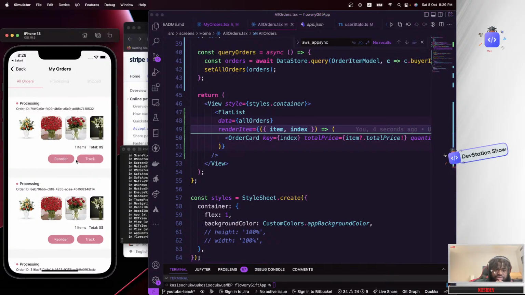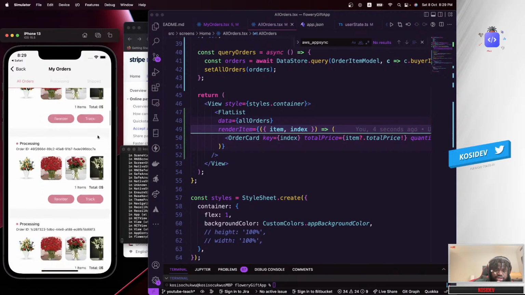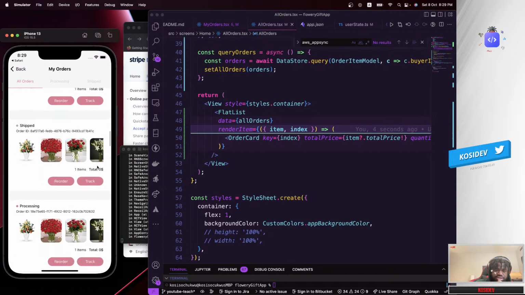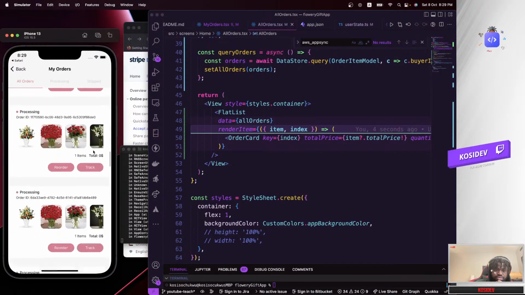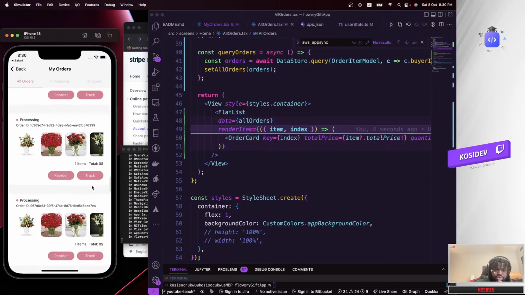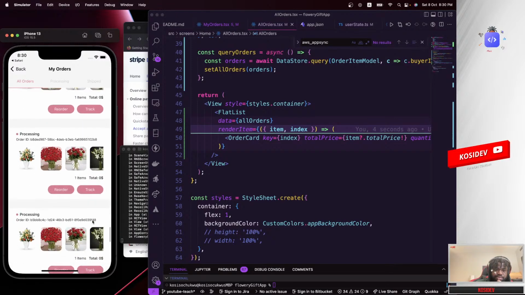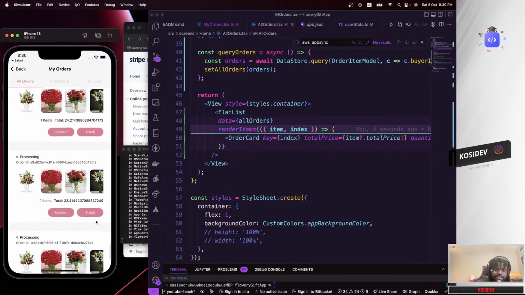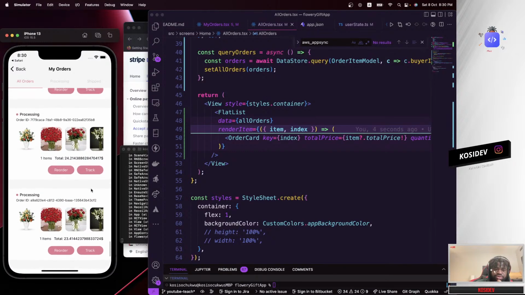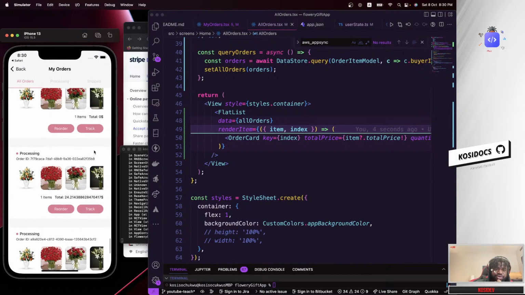So let's scroll down. Hopefully we can see our order with a price on it. Just going through, scroll, should be somewhere down. Yeah, I found one. So guys, you can see there's an order, not with a unique ID. This is an order with a total price. You can see the total price is 24, which is the total price of the order.